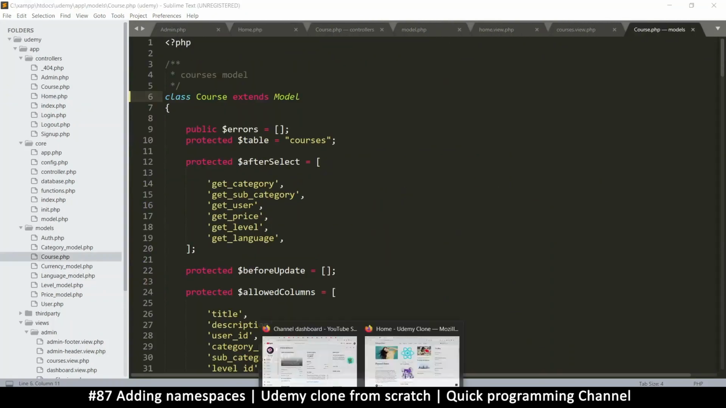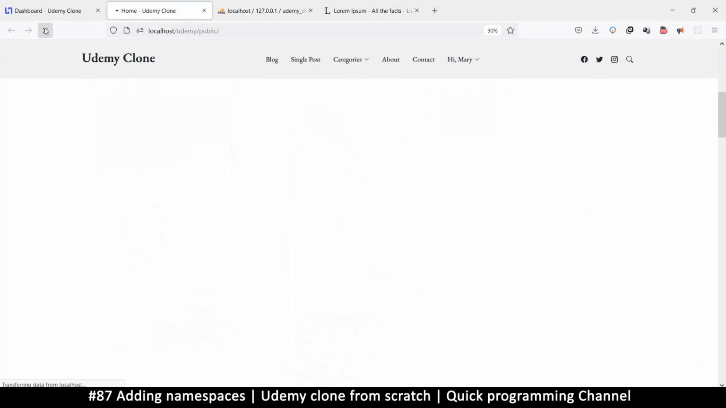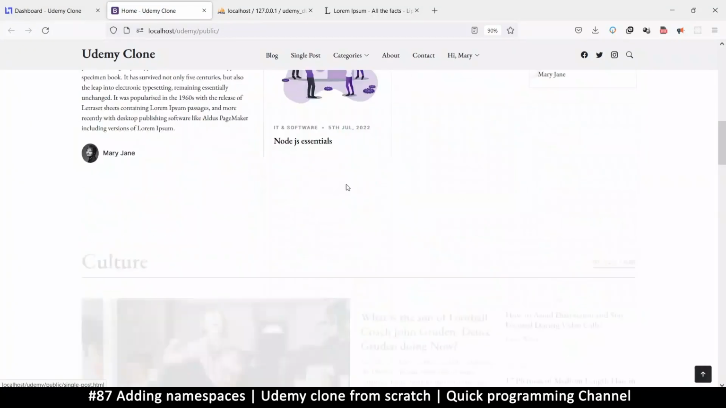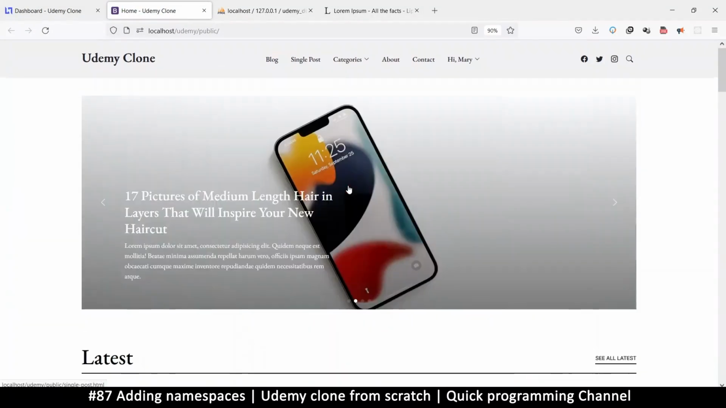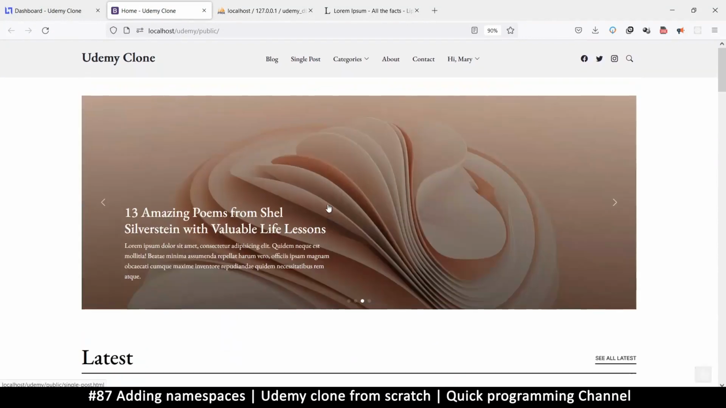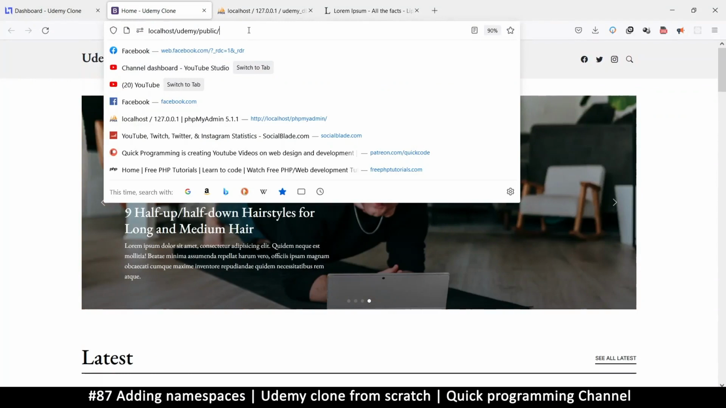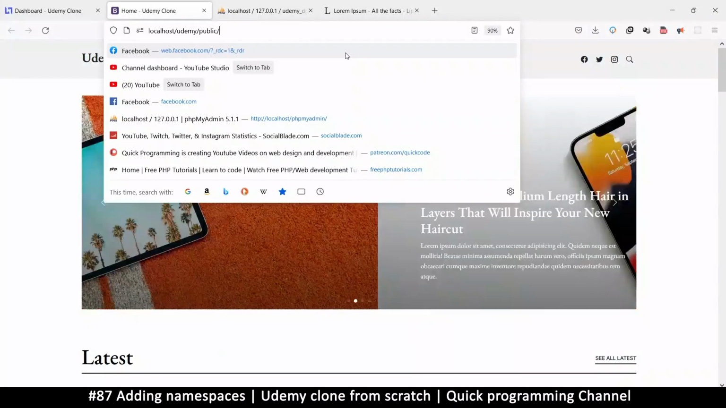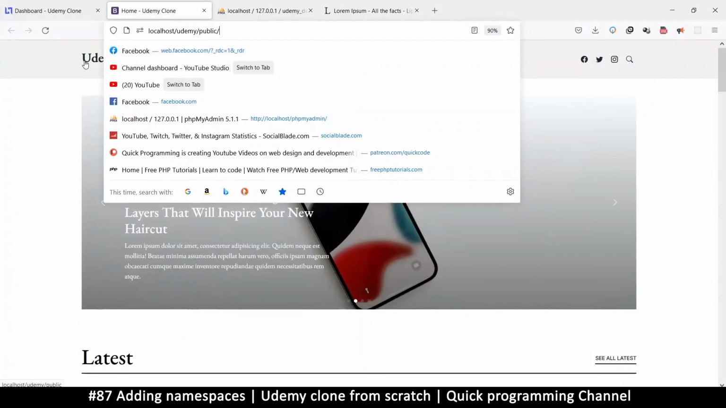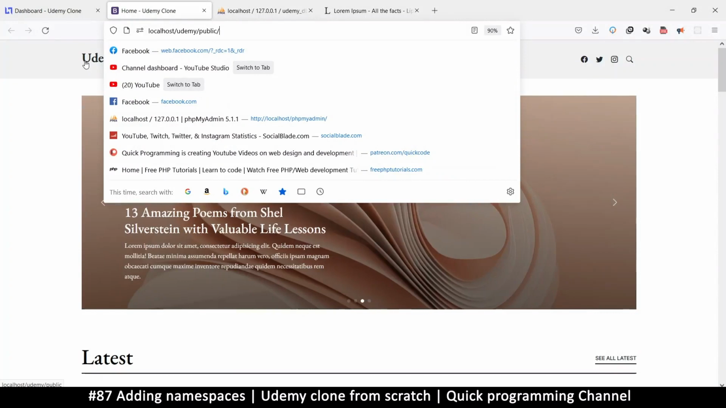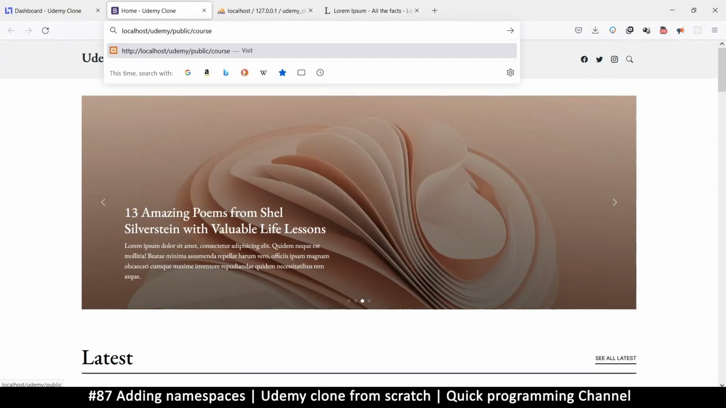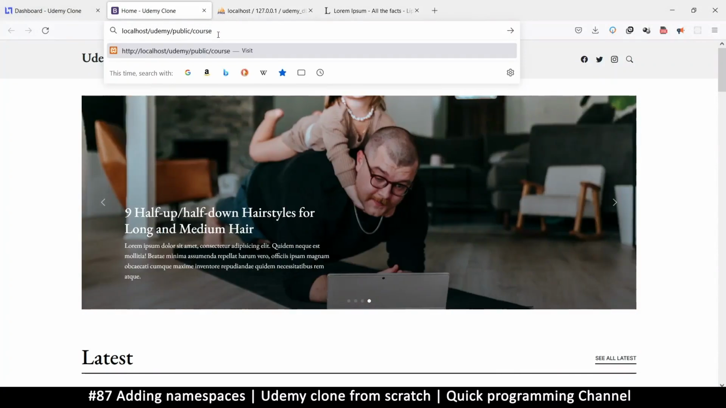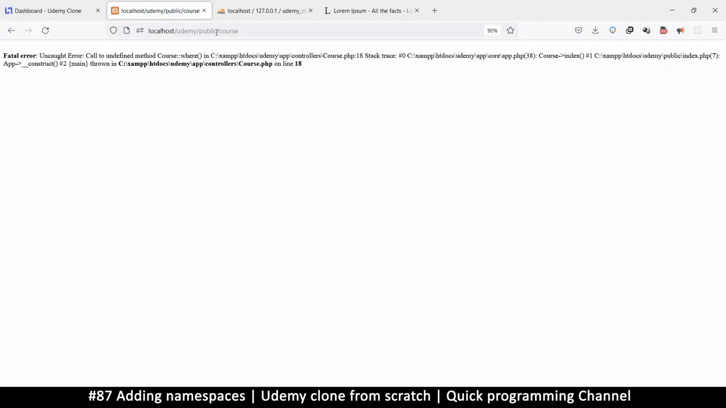Let me close that. Now if I try to load this page, so far no problems yet. Okay, that's because I haven't loaded the courses page itself. So now let me go to course. At this point, oh yeah, the courses model is not loaded. So now let's try and load it. I'm just going to say course right in the URL there and press enter, and then we're going to have